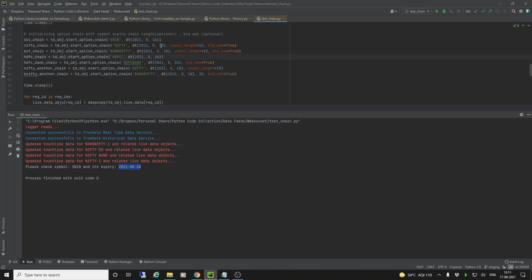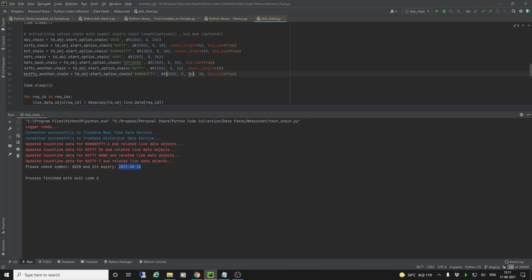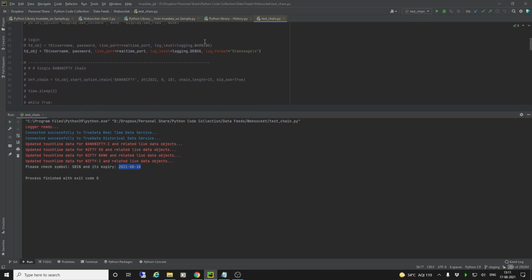So rest all others seem to be okay. You can also have multiple chains for different expiries. For example, Nifty chain we have here. Now Nifty, another chain, say we want the monthly expiry also to be running here. We'll just change this to the monthly expiry for both Nifty and for Bank Nifty. And now I'm going to remove the logging level, because you've already seen how to do this.